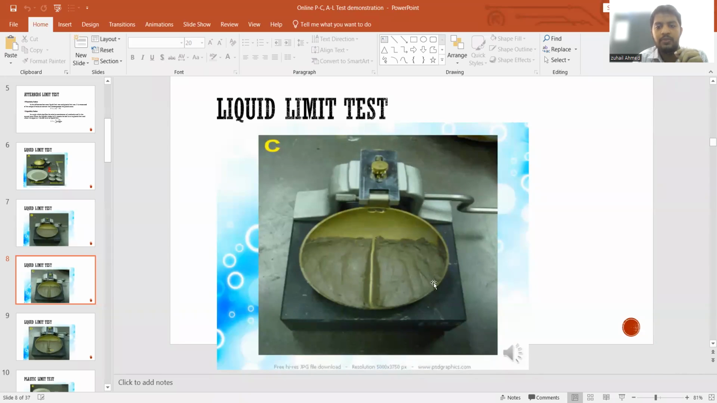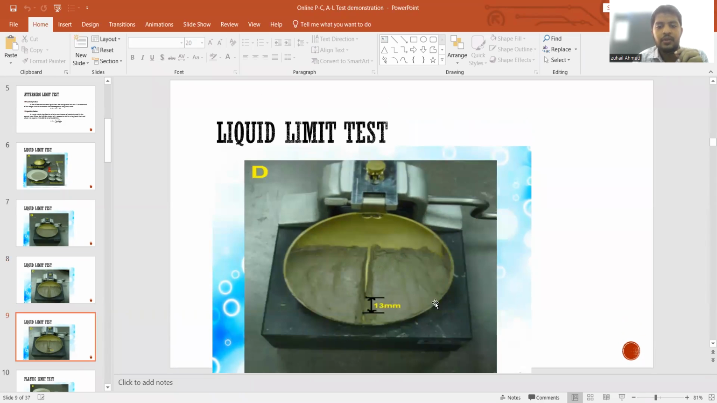Okay, how many blows are you going to give to close this groove? To close this groove to 13 millimeter, I mean half inch distance, it will close likewise. That time you want to take the sample. But you can't take